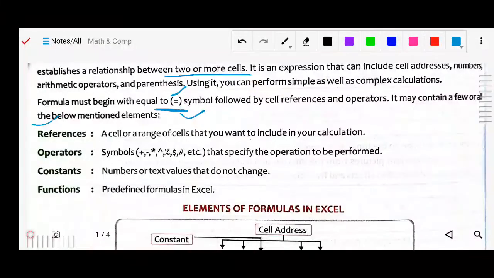In references, a cell or a range of cells that you want to include in your calculation, means which part of the spreadsheet. That small box is called a cell. What is a cell? It is the intersection of row and column, that small box. So how many cells you want to include in your calculation comes under the reference. Next, operators, like we will use arithmetic operations like plus, minus,